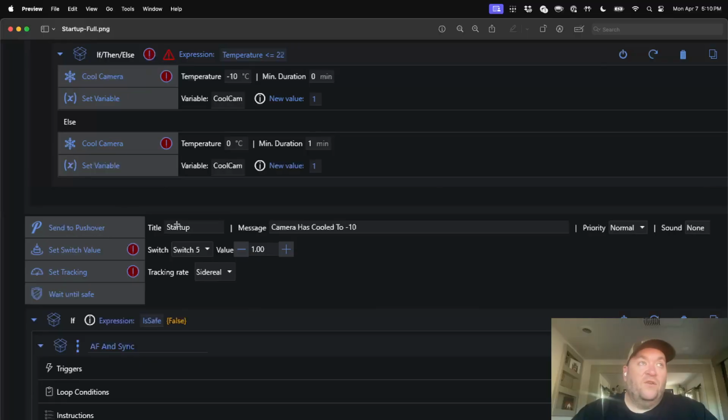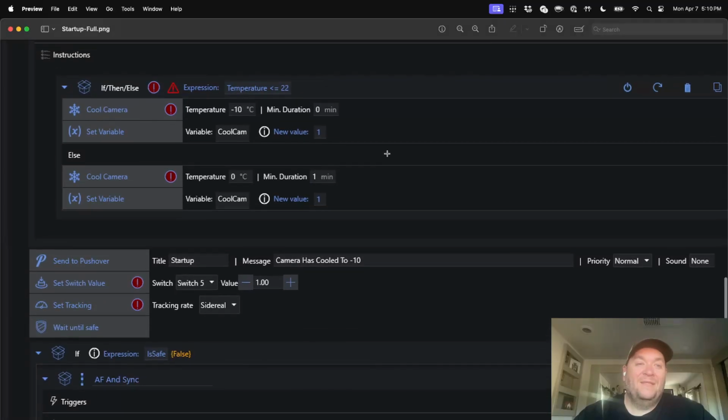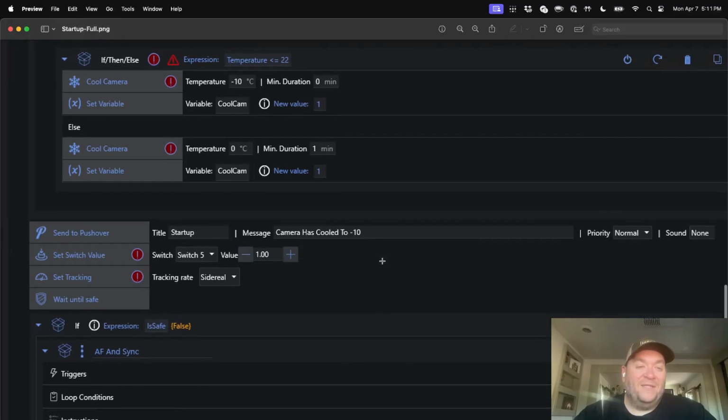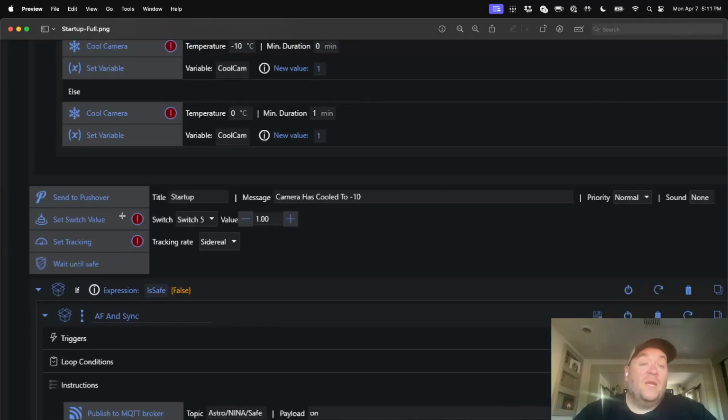Then set myself another notification. I like knowing what's going on. You can see that this has not been updated for this new intelligent, conditional cooling, I should say, and it just tells me it's cooled to -10. So I'm going to have to update that. Once the camera is cooled,